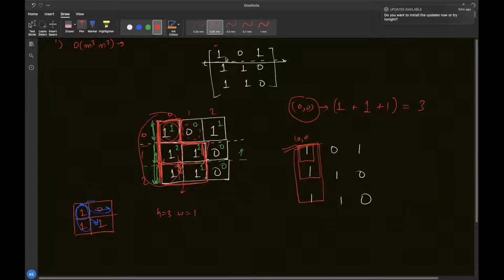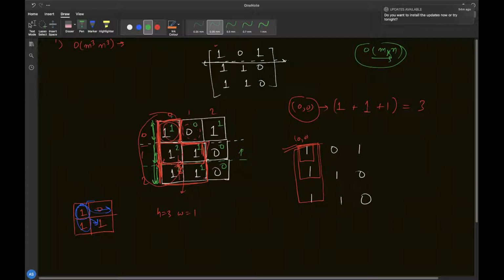So how can we make this array, this particular array, 1 0 1 2 1 0, then 2 1 0? This can be made in order of m cross n time. And once you have made this in order of m cross n time, you can use that matrix, even the same matrix, to increase this.